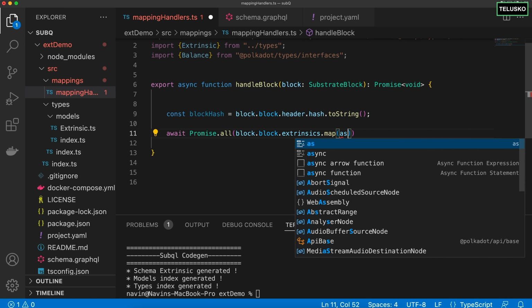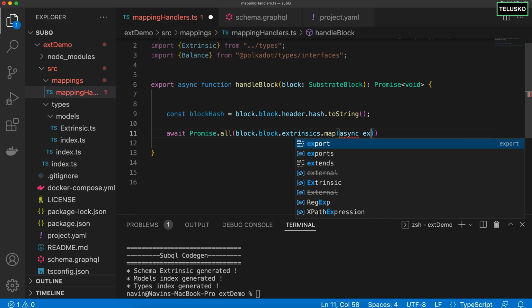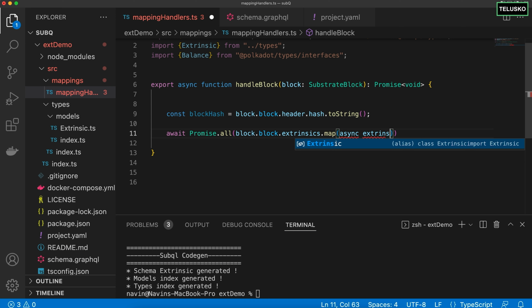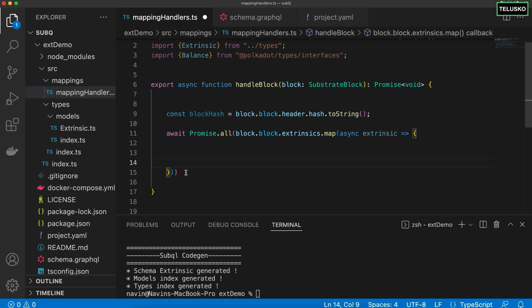So we'll say async, and we'll pick up one extrinsic at a time. You can see it will throw all the extrinsics. We want to fetch one at a time. And with that one extrinsic, I'll perform some operation on that extrinsic, and we'll give a semicolon here. Okay.